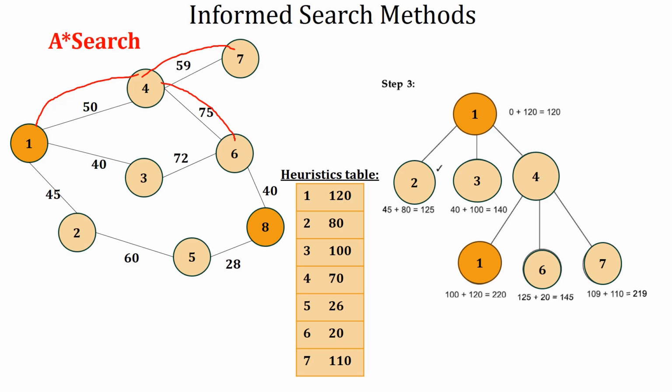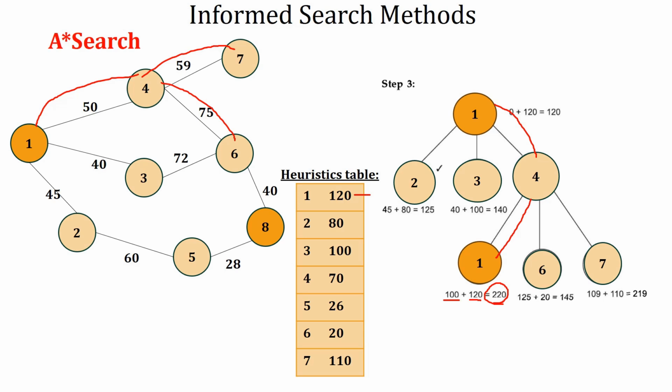From node 4, if we want to go to node 1, the cost is 100. It is because from node 1 to reach node 4 it is 50, and from 4 again to go to node 1 it is 50. So, 50 plus 50 is 100, that is to be added to the heuristic value of node 1, which is 120, giving 220. And again for node 6,